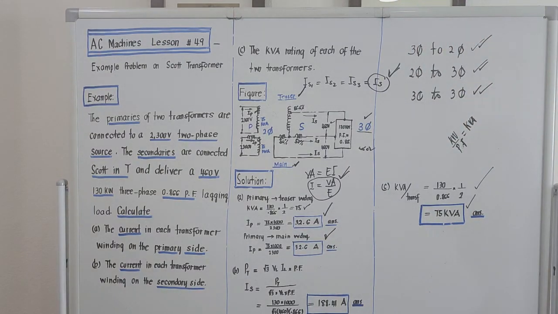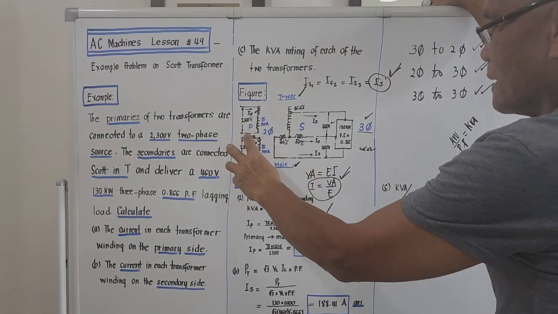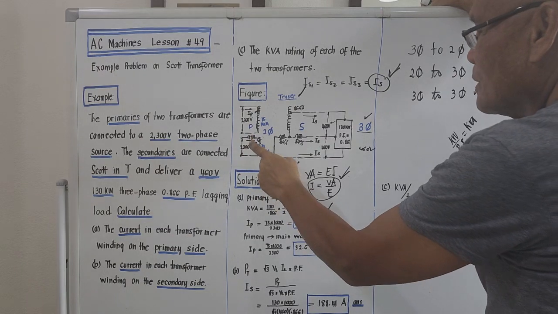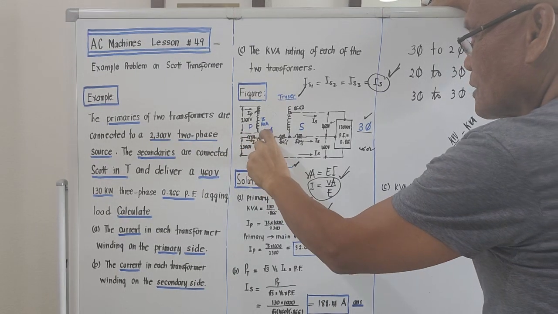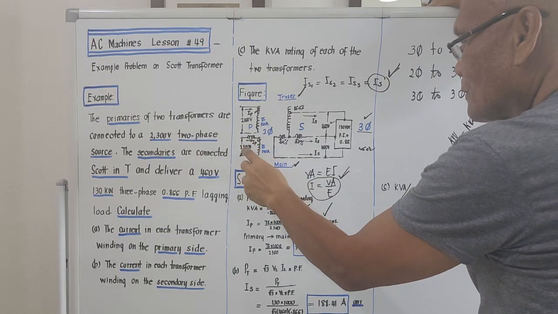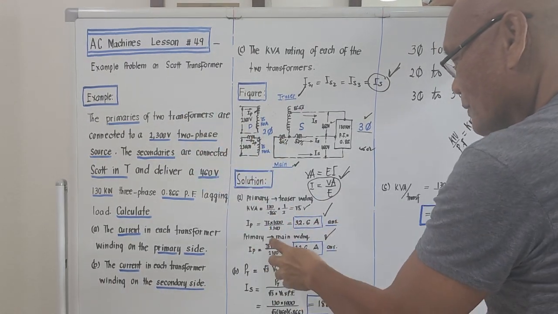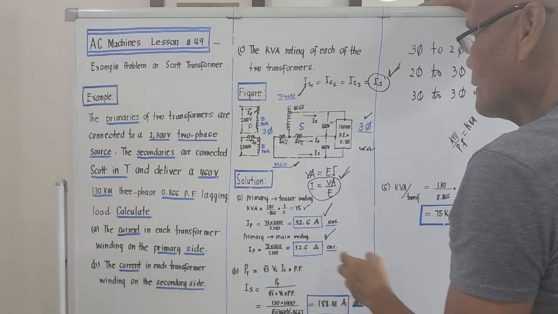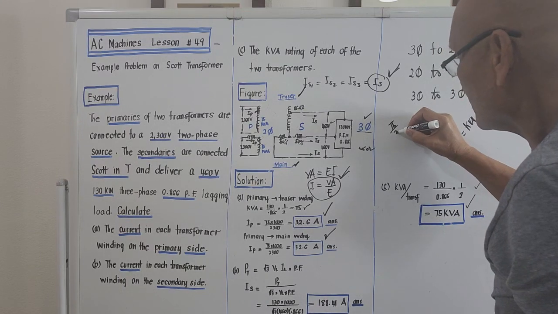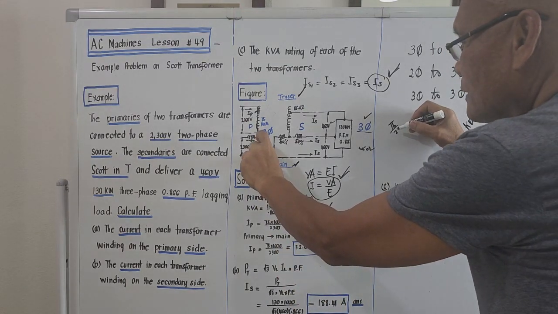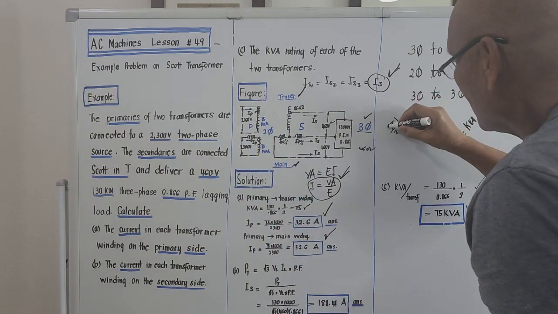Okay. There's another solution for this one. If you don't want to compute the total current passing here due to 50% tapping and 50% tapping, you just take 1 half of 75. But for the voltage, you divide it also by 2. So it's the same as using 75 times 1000 over 2300. Okay. We will use 75 over 2. That's 1 half. The kVA carried by the 50% tapping is 75 over 2 times 1000